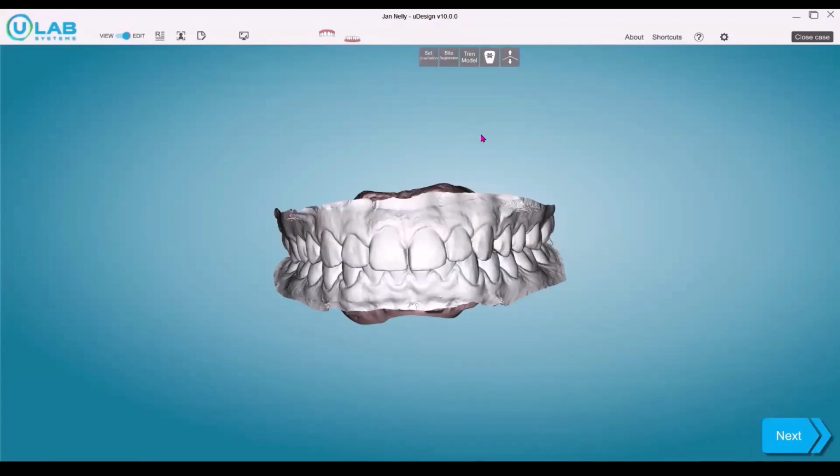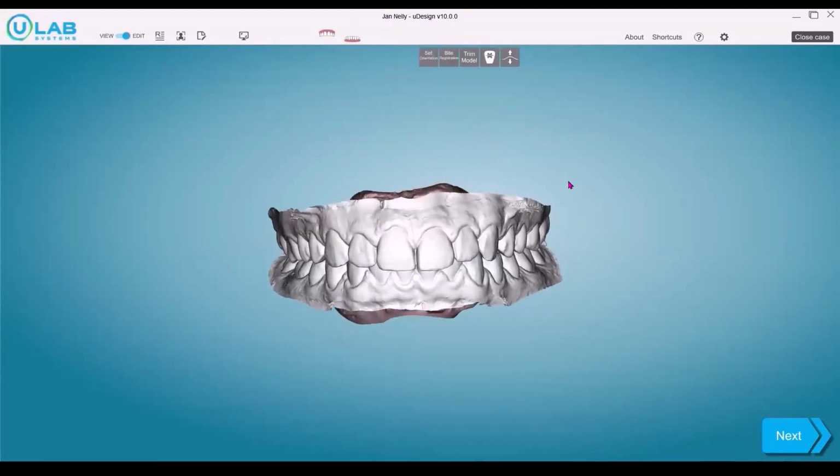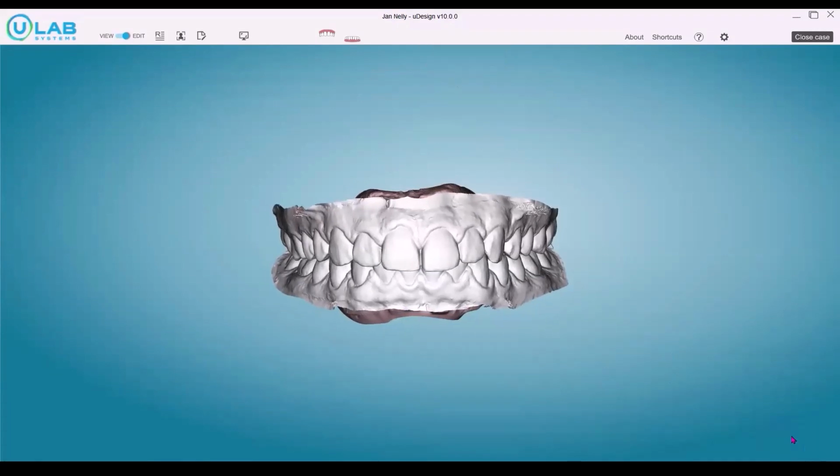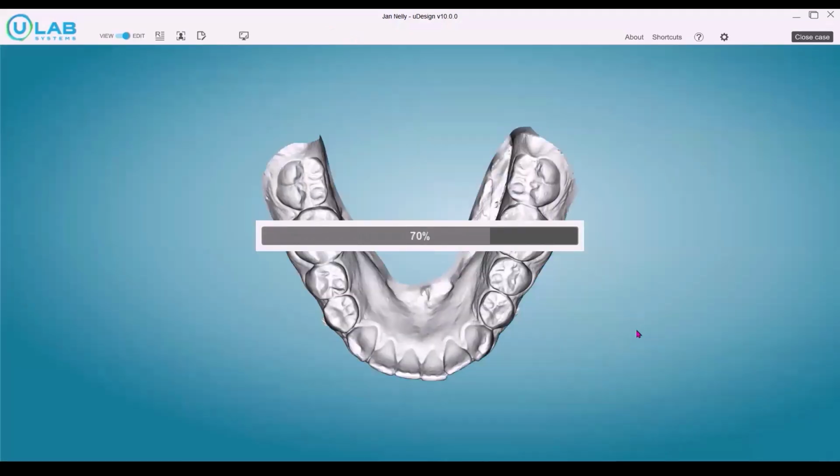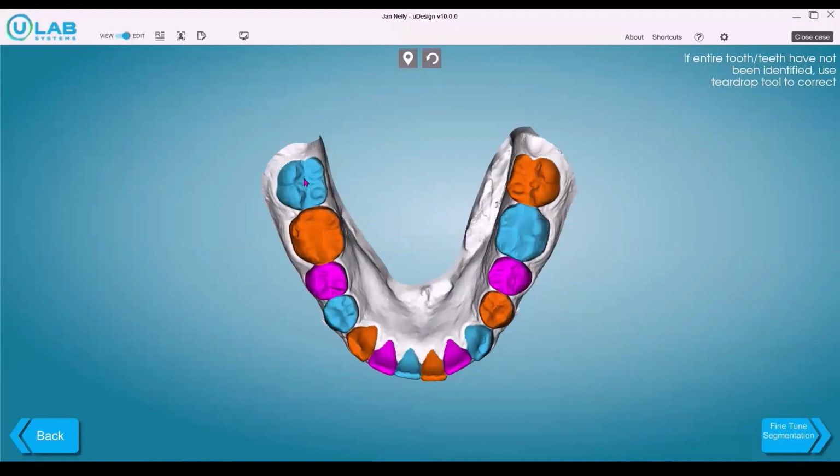Once in uDesign, you want to first set your orientation, and now we're going to start with the segmentation portion. You'll hit the next button. First, it's going to identify the teeth in the lower arch. You want to make sure that these are in a pattern and all correct, and then we're going to hit